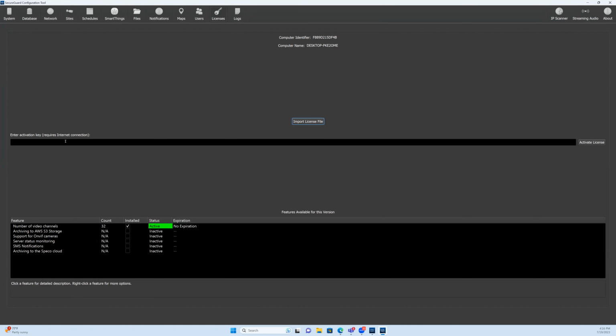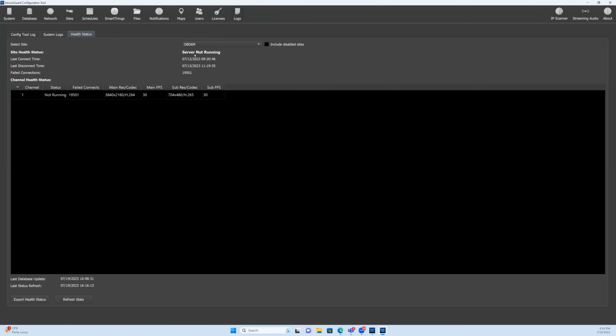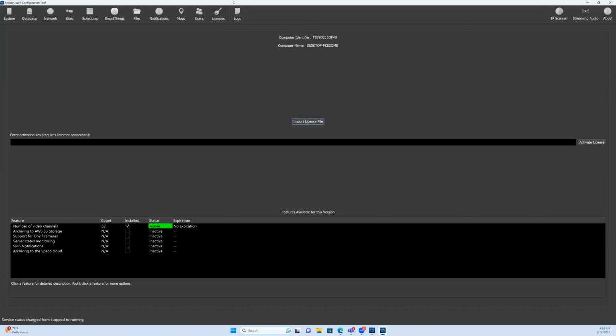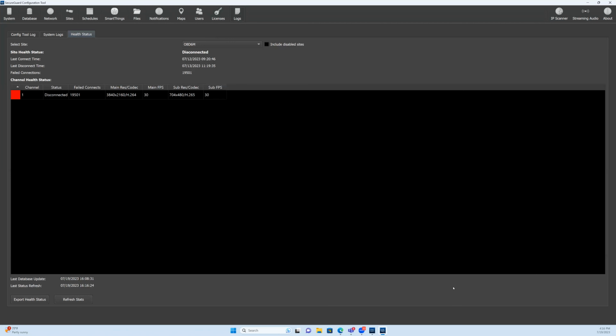So you get emailed an activation code, and then this will say for 64, however many licenses you guys purchase. And under logs, we would need a health status report once the server is running. So to make the server run, you go into system, you go to manually start, and now the server is running. And if you go back to logs, you could hit export